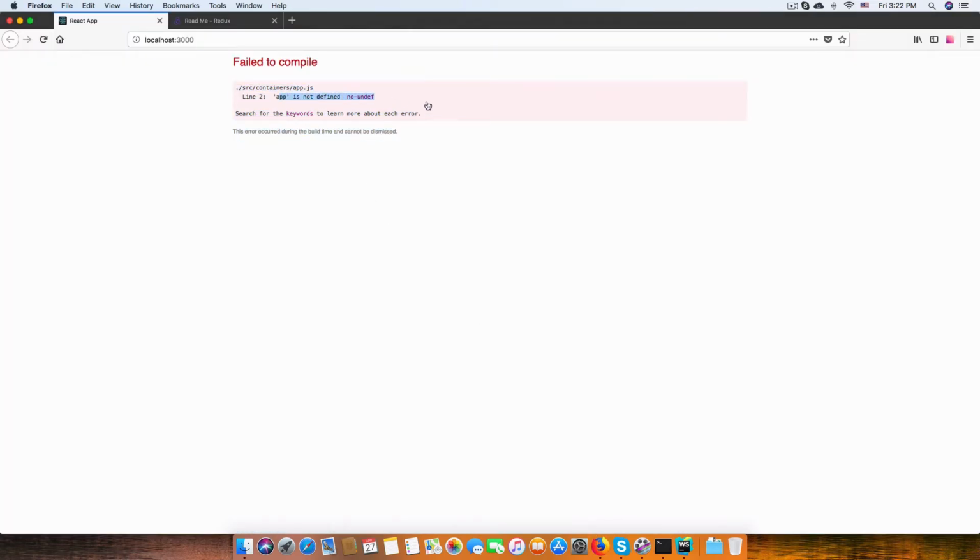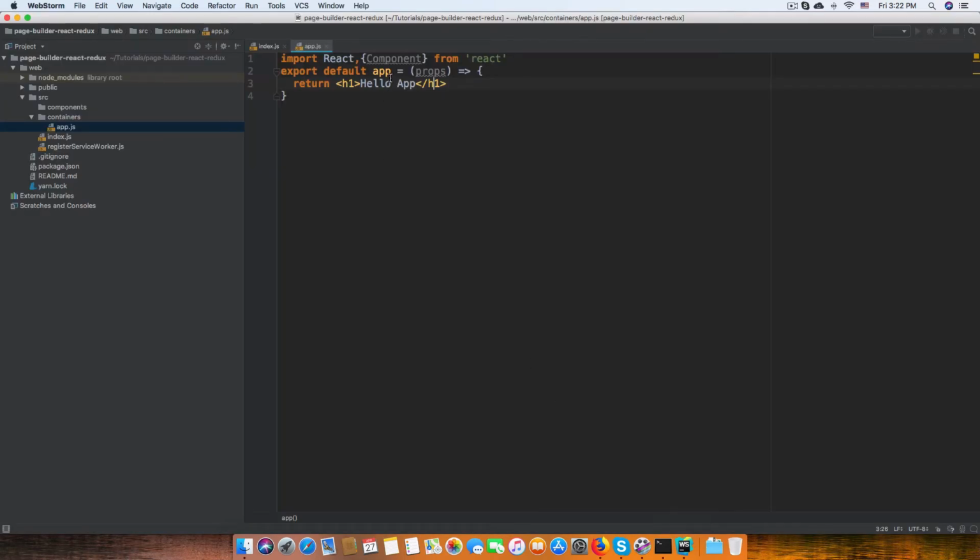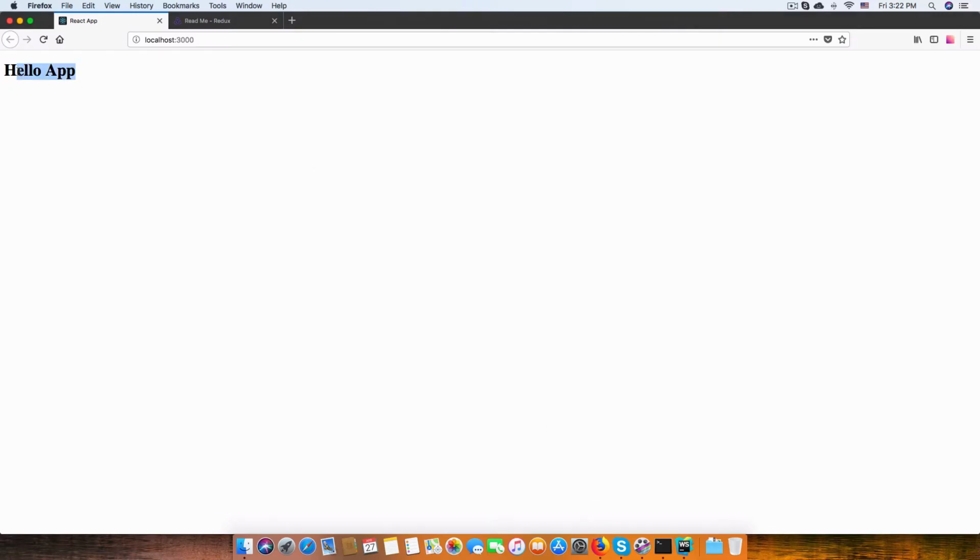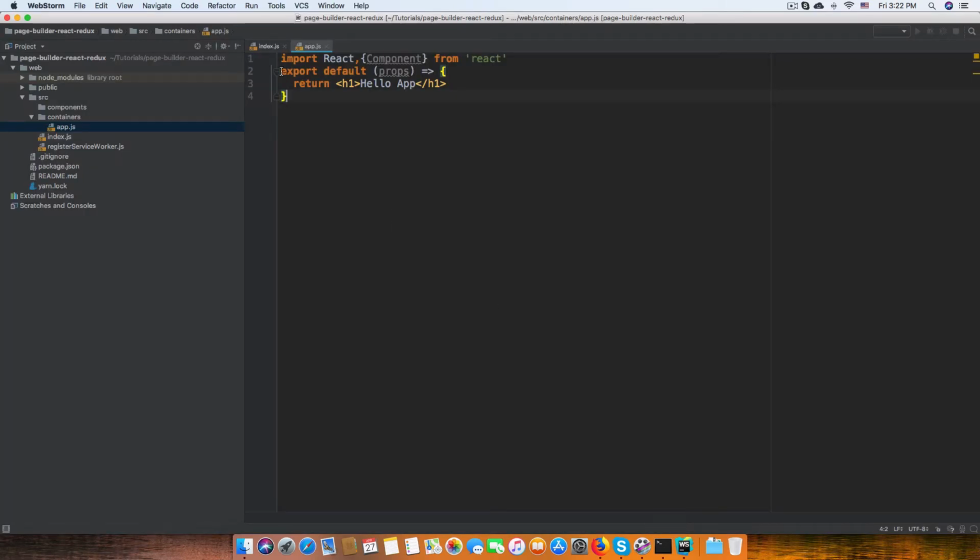App is not defined. Container app should be like that. Import default prop like that. So this is a short way to create a new component in a React app. However, if you are going to write a lot of code in the component,